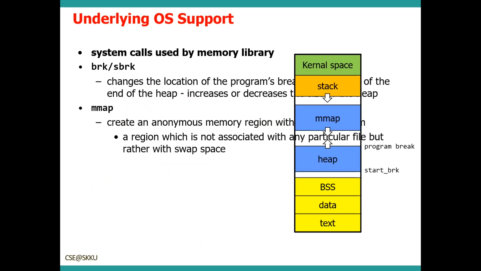So, as I explained, each application has its address space, address view, and some region is allocated for the operating system kernel. Then the remaining region is used for applications. There are text region, data region, and BSS region. This is used for program code. Your program code will be loaded into this memory region.